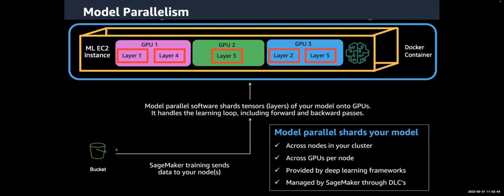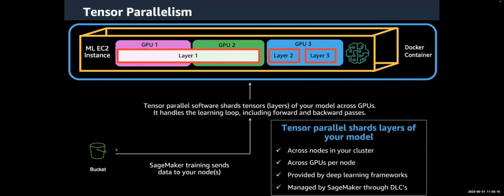Model parallelism at the basic level is the concept. But if you want to do something more sophisticated, for example, in this picture, you're going to find that we have GPU 1, 2, and 3. Layers 1 and 4 are processed by GPU 1, layer 3 by GPU 2, and layers 2 and 5 by GPU 3, right? This is a common way to tackle this. However, if you want to do this at scale, we need that third type of distribution that I talked about,